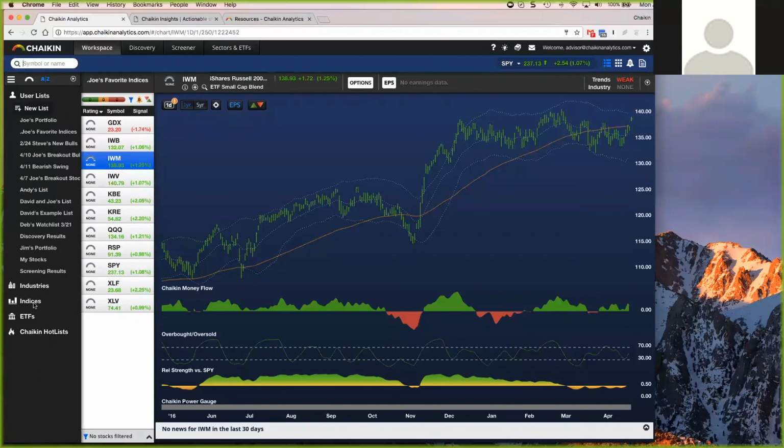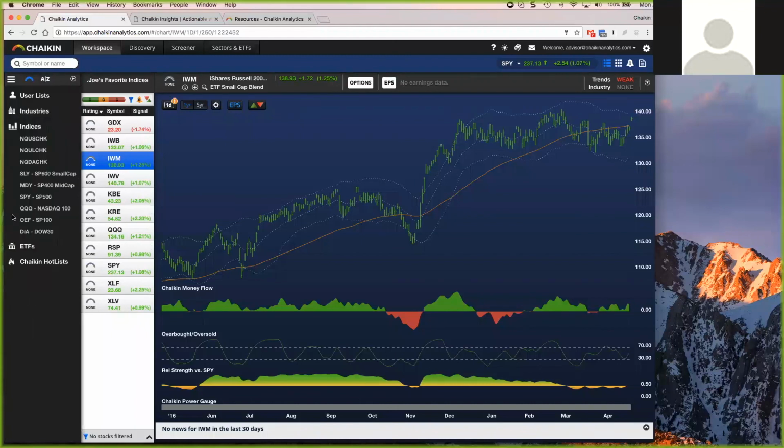Now, some ways to get some ideas. The two groups, indices, as well as, of course, our ETFs is where the bulk of your work will be. We do have a few indices listed here in these groups. The Russells used to be here. Now, keep in mind with these indices, they're just simply a list of all the stocks in each one of those groups. What I've done, and you're welcome to write these down, feel free to go ahead and copy these, frankly. These are some of the ETFs that are cited most frequently with being used to track an index.